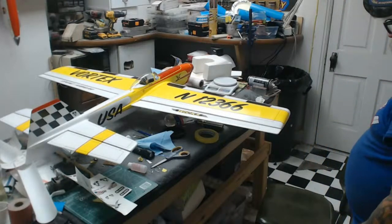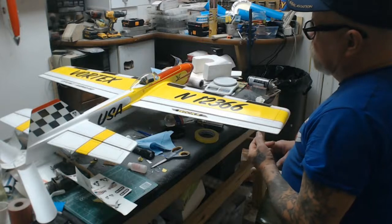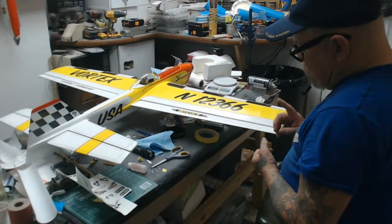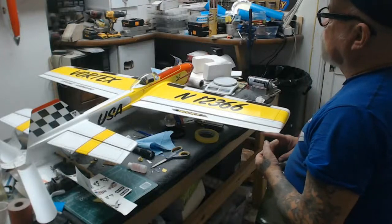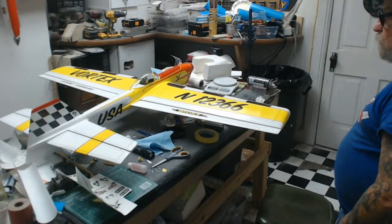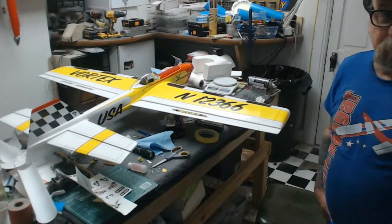So what's left? Solder the tail wheel, wrap the lead outs, couple more ink lines, and clear. So we're close. It looks pretty good, really. I mean, I don't know if it's the best model I ever built, but